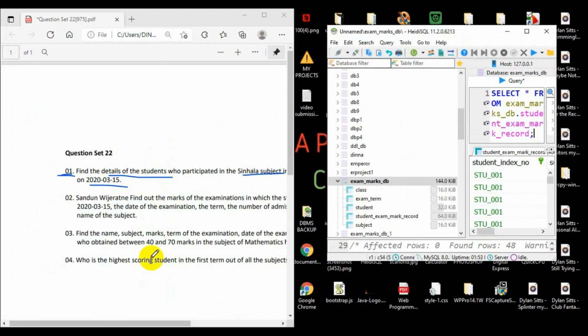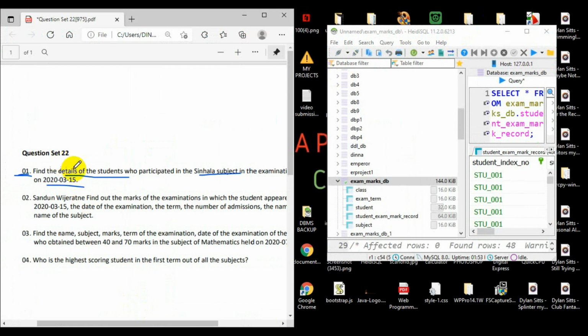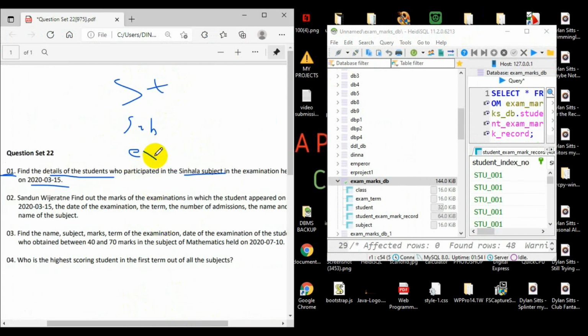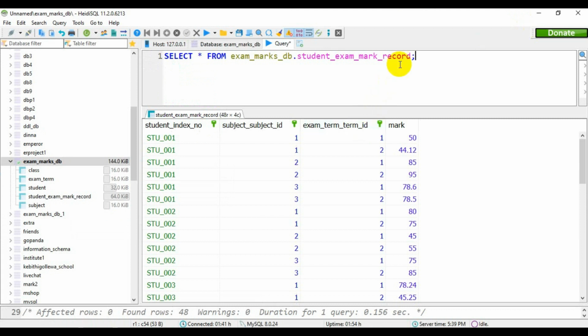So what I'm going to do is join the student table, the subject table, and the exam term table. It's better if I also connect the class table because it is also a detail of the student. So I'm going to join four tables to this main table. So select all from this table, in a join to